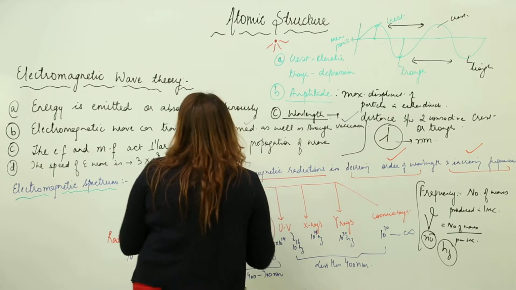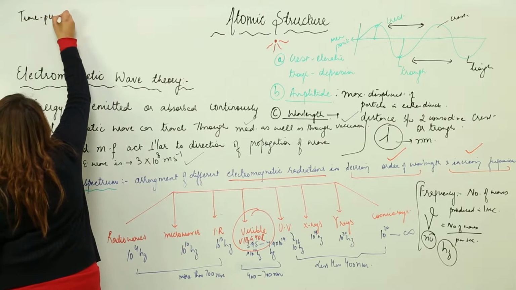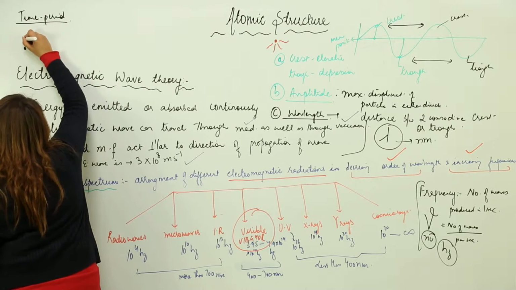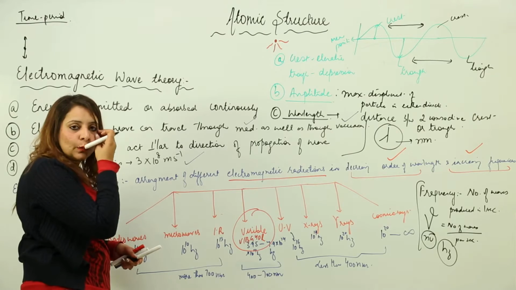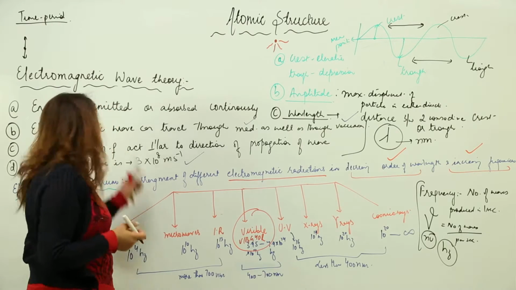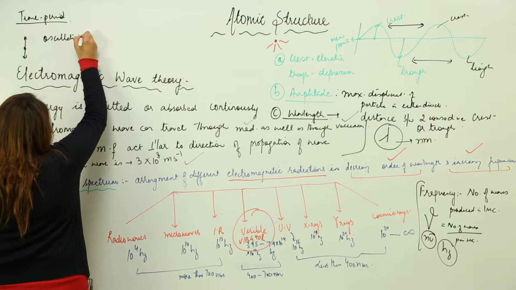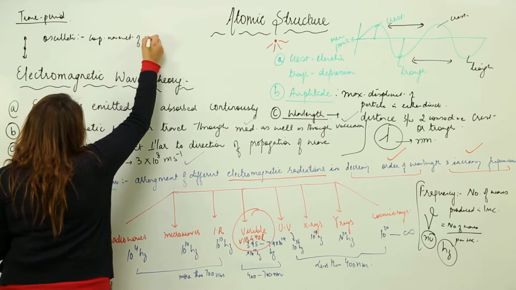Right. The next term we have is related to the wave parameter, time period. As you know, when the particles are vibrating, they are vibrating like this, right? So one oscillation means one complete movement of the particle. Before taking time period, I will take oscillation. What is oscillation? It is the complete movement of the particle